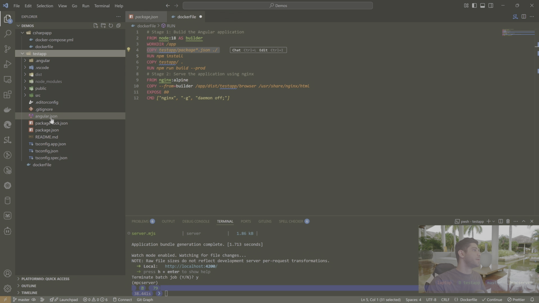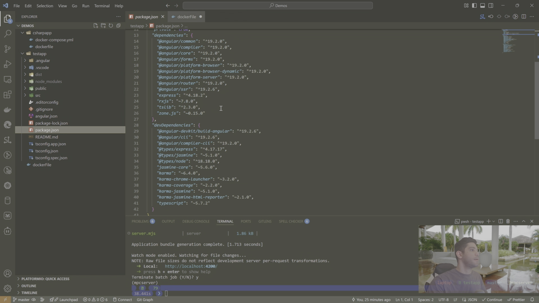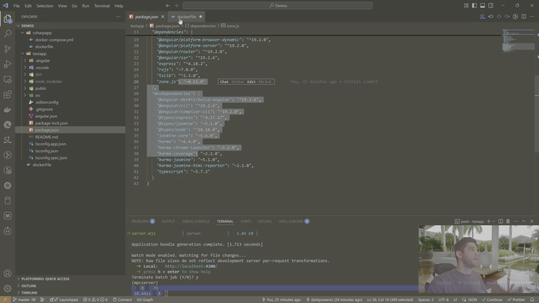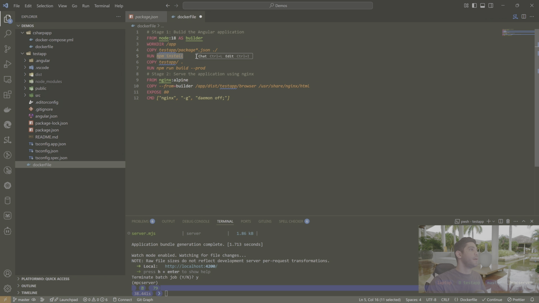package.json. So here, all of the different dependencies that we might have, and we're going to install them. And then we're going to build our application in production mode. And then we're going to copy it from the builder